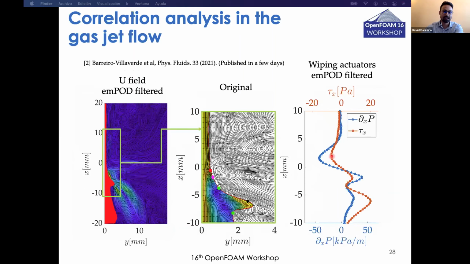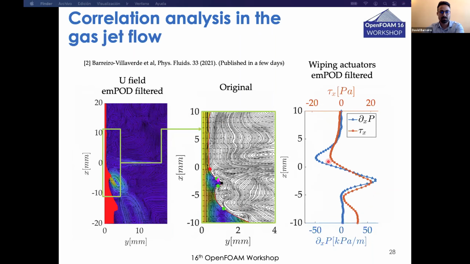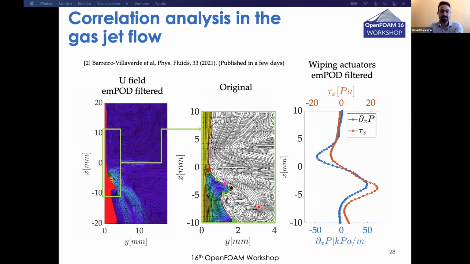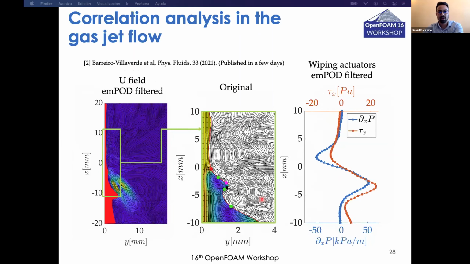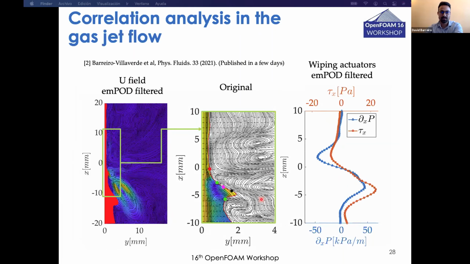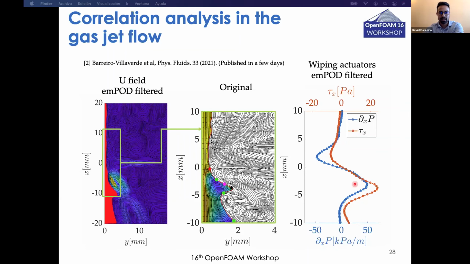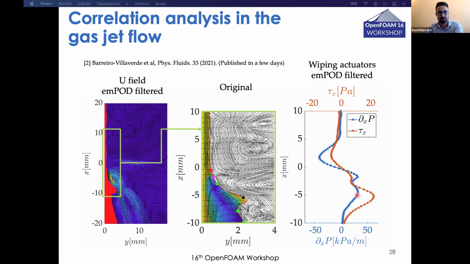In order to link the gas jet motion with its time-dependent wiping capabilities, we also apply the extended mPOD to the wiping actuators. Qualitatively, we can see how their evolution is strongly coupled with the formation of waves. And in this sense, it is found that the main source of instability in the wiping actuators is a pulsation of the pressure gradient associated to the runback flow.